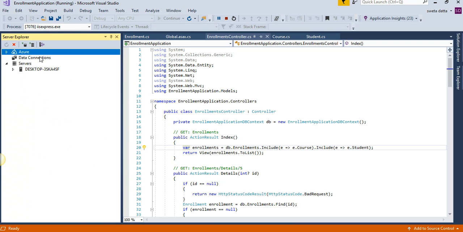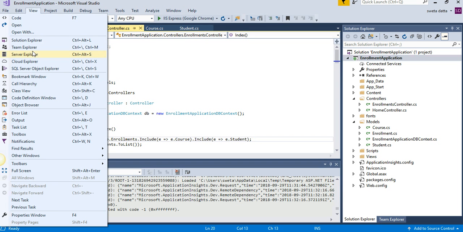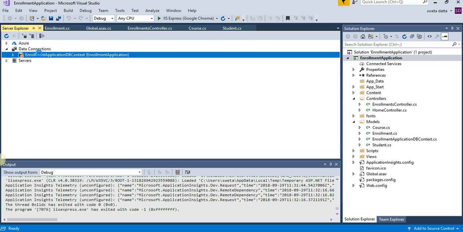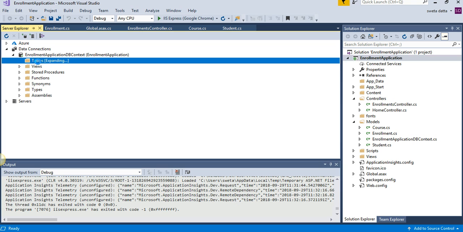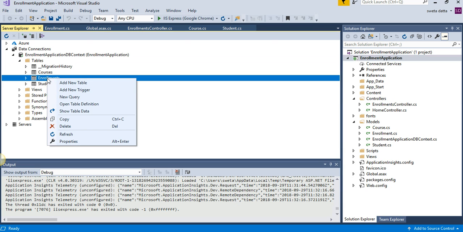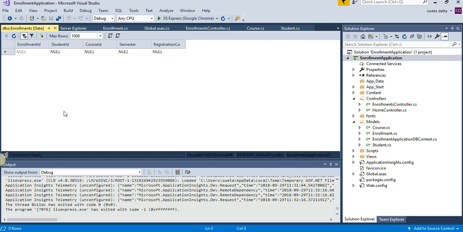We are looking for a new field in the enrollment. See the registration code, that's the last field I added and that got added.